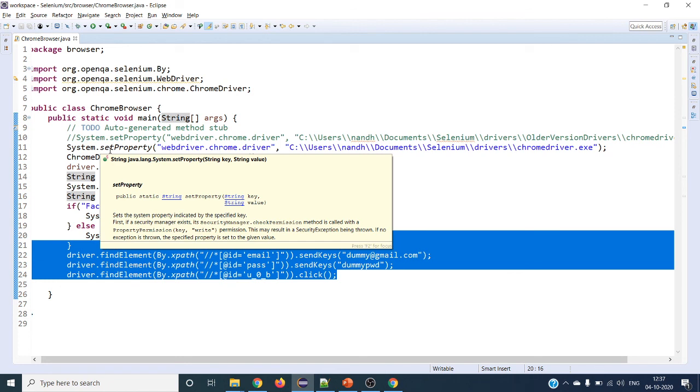To automate, you need to have your Chrome driver compatible with your local machine's Chrome browser. Unless it is compatible with that, you cannot work with it. So it is mandatory for us to have the chromedriver.exe file on your machine. We have to give exactly where it is. Then only that Chrome driver will talk to your Chrome browser, right? Yeah. So this is it from this video.